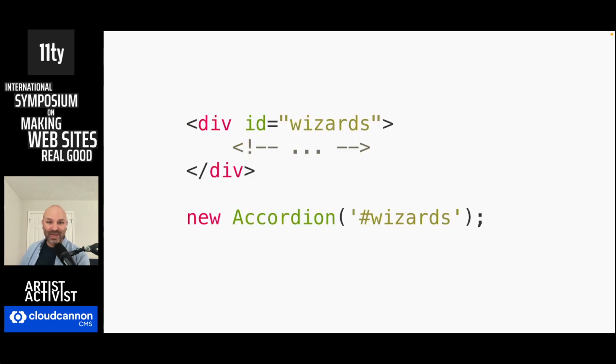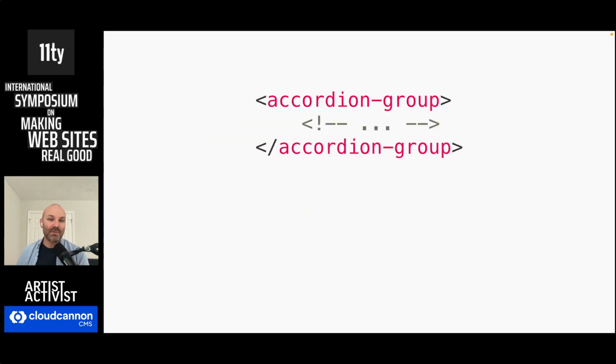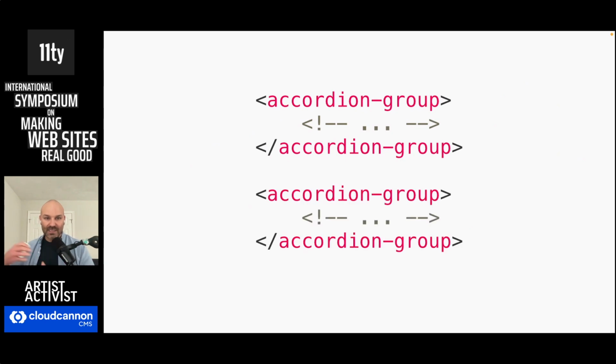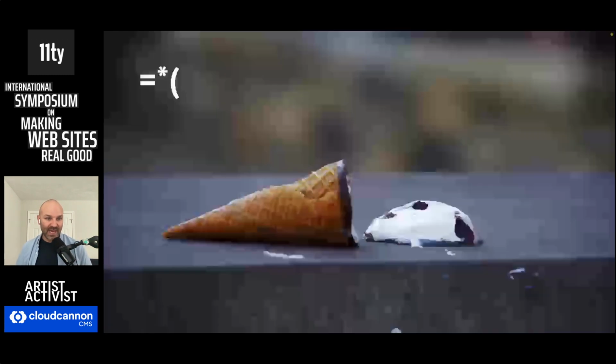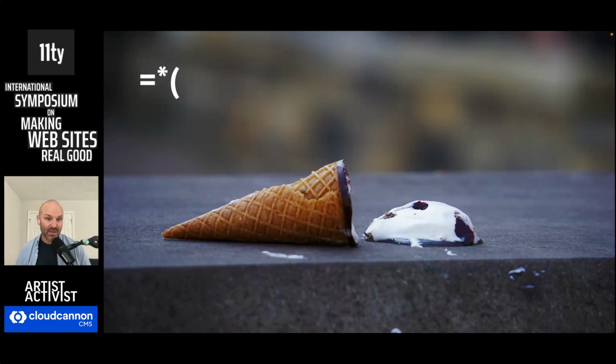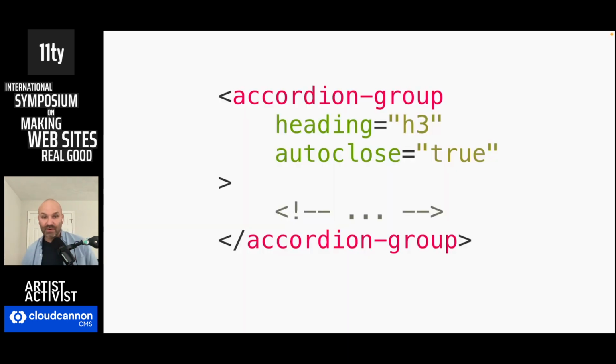And rather than having to create unique selectors that you pass into a constructor method, you define your web components once and wrap your HTML in your custom element. You can even have multiple versions on a page. Each one automatically instantiates as its own unique instance. Because functional HTML is already there, people get a usable experience immediately. And if your web component fails to load for some reason, users still have a perfectly functional experience instead of one that doesn't work.